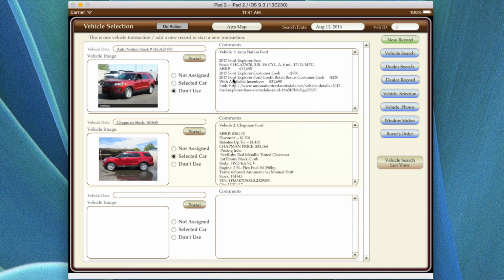Now, there's also a Ford Explorer credit retail bonus customer cash of $250. Be aware, some of these are not correct, because you have to qualify for each one of these unless it's factory cash. It does not say factory cash. If it's factory cash, what they're doing is the factory offers, at certain times of the year,